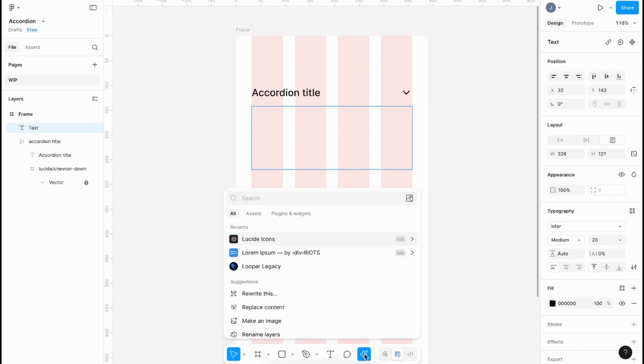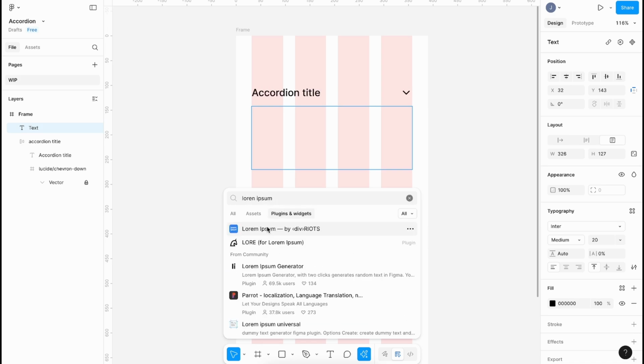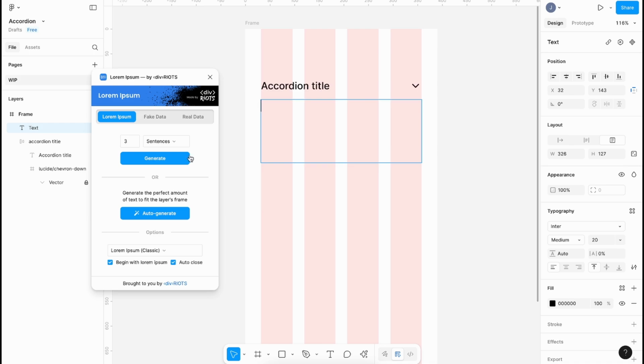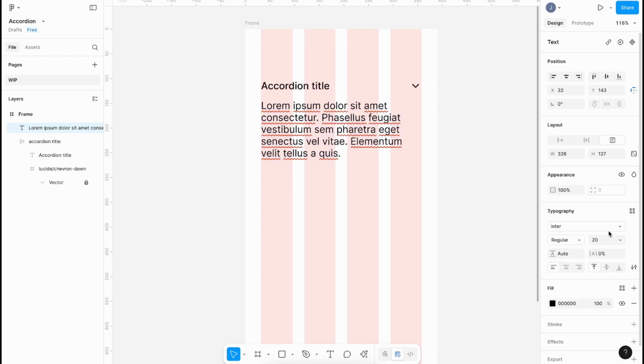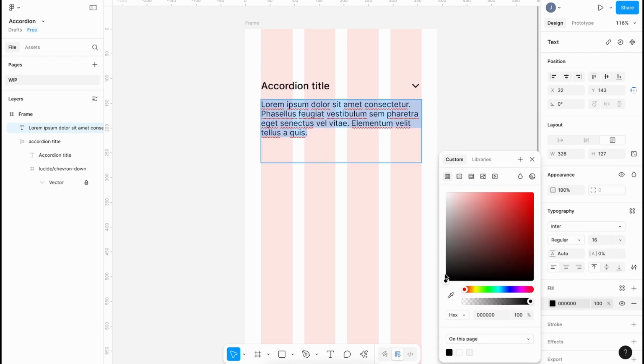And now let's just use another plugin, a Lorem Ipsum. You can use whichever one you want. Just come across to plugins and search for Lorem Ipsum. And let's put in how many words we think so we can build around that. So let's say we think that each accordion might have about 3 sentences. So let's put 3 sentences in and let's change this to more of a body size, so regular. And then we'll make the size of it about 16. And we'll slightly reduce our color here so it's a little bit softer,